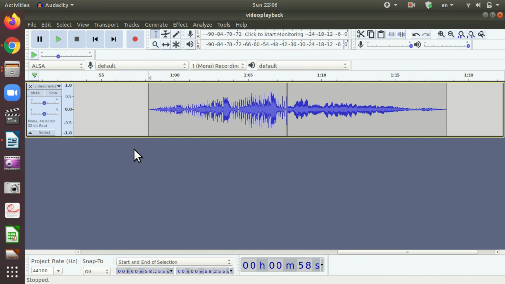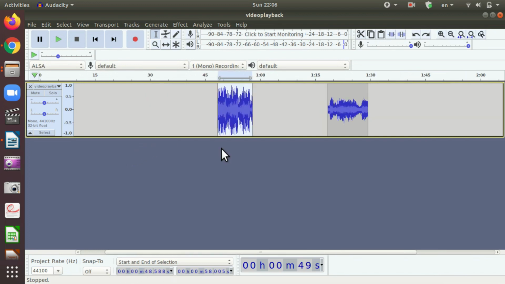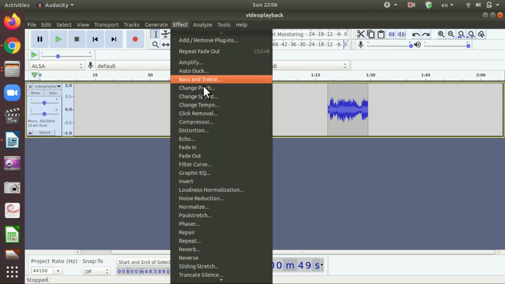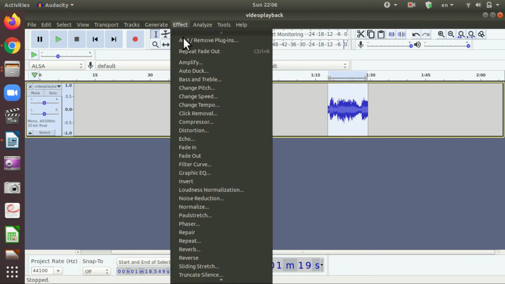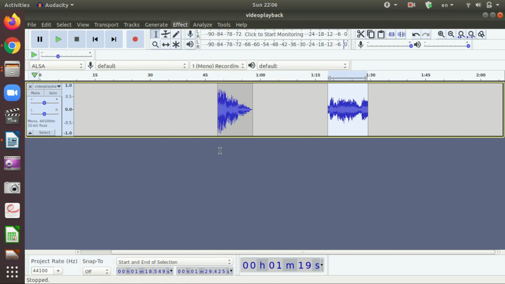Now let us do it differently. Now I am going to give fade out to this tabla option, fade in to violin, join together.